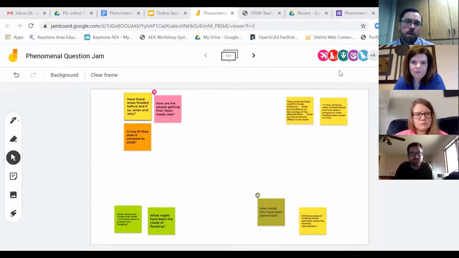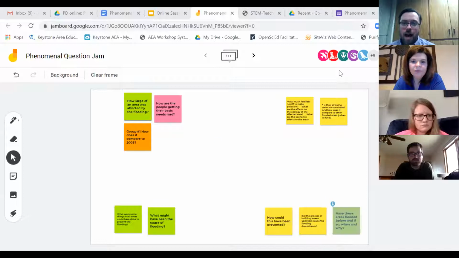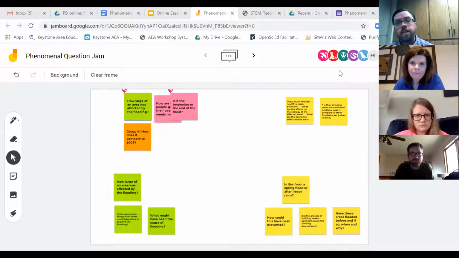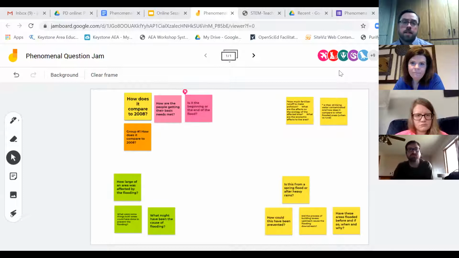One of the things that often comes up about student questioning is, how do we handle all the questions? There are going to be a lot of questions to get through. So one technique we just used was a way to have some student voice, where everybody got to put their questions out as part of a small group. Then by prioritizing, hopefully we're able to narrow the field a little bit. We're going through this filtering process where we still honor the questions that all the kids have, but maybe they can come to some consensus about which ones might be the most important for us to get at the bottom line, really trying to figure out what's going on with this.